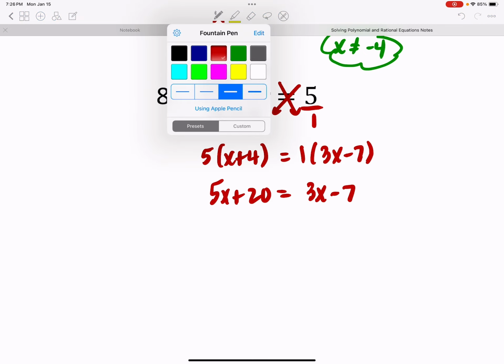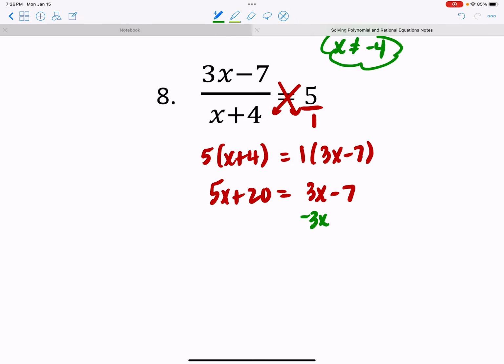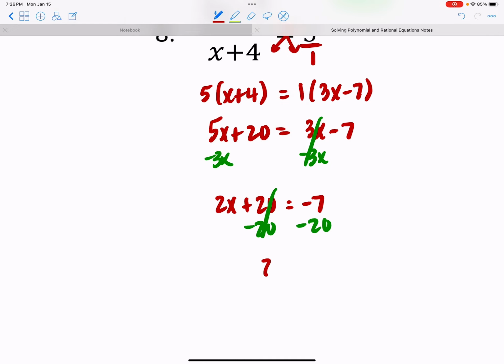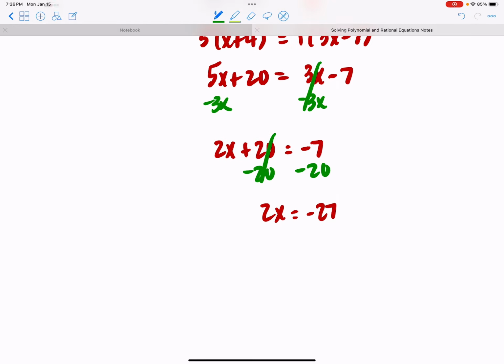Again, let me get these x's together. So subtract. Again, I have 2x left. It's looking very similar to the last one. Sorry for the lack of variety in numbers. Okay, let me now solve by getting x by itself. Just solving a linear equation. So I have 2x equal to -27, and then finally divide both sides by 2. So x is going to be equal to